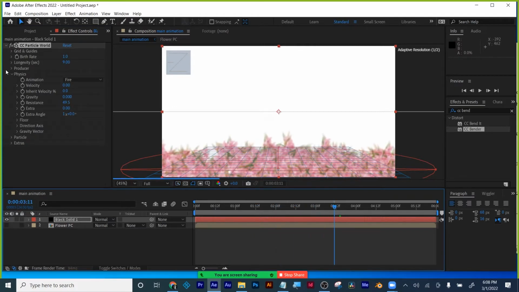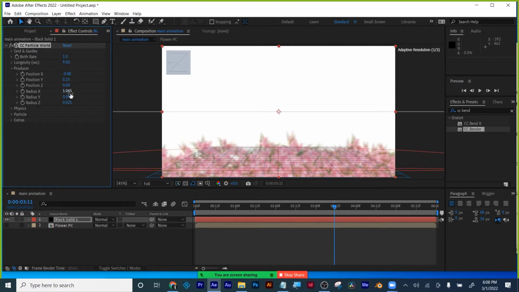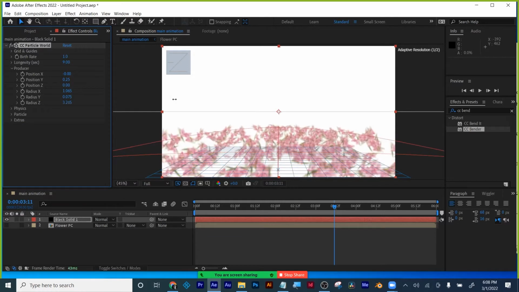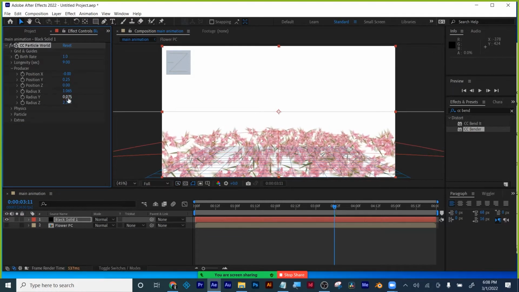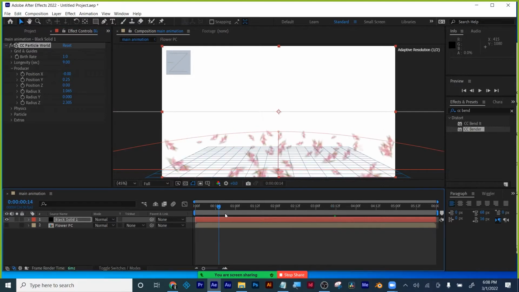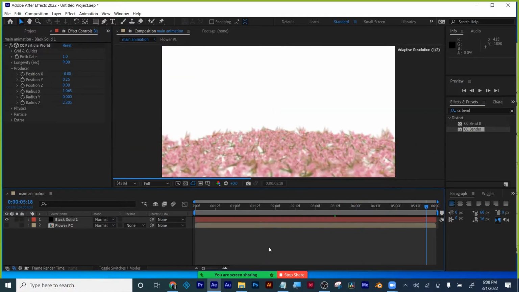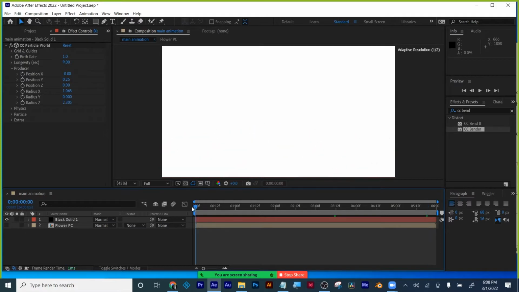All right, cool. Now I'm just going to spread them out a little bit more. There we go. Spraying out in Z helped a lot. I'm going to change that Y to 0. There we go. I'm a bit happier with that. And I could always put an image behind it if I wanted to, like a grassy field to fill that in, but